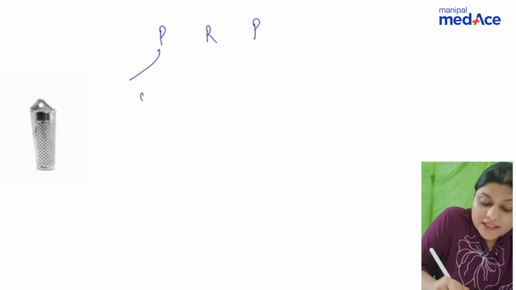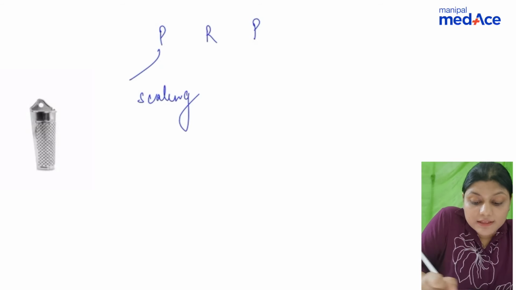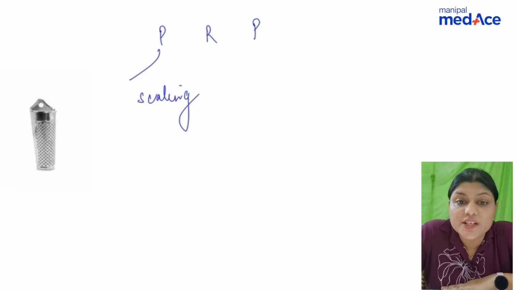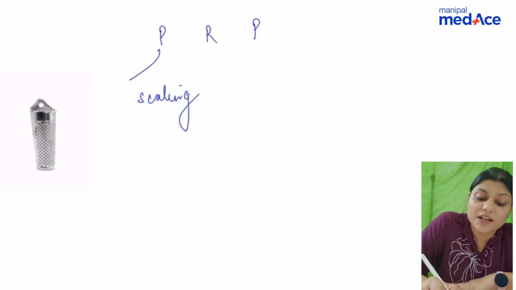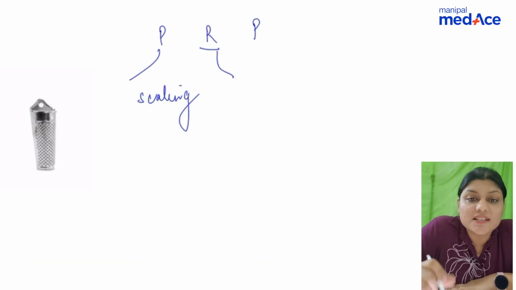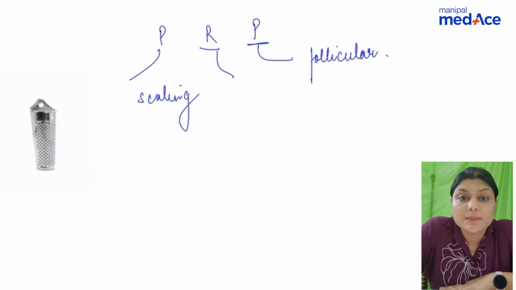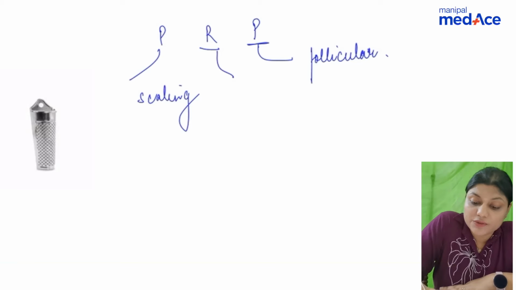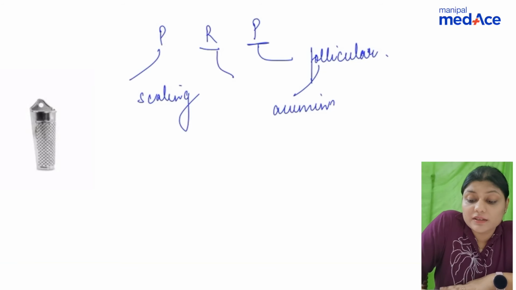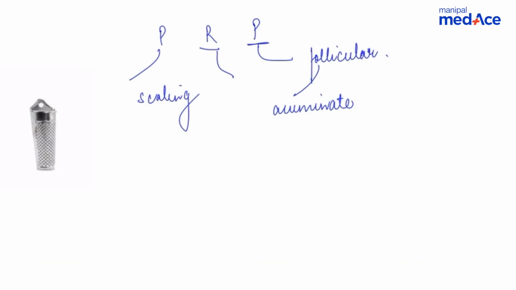So Pityriasis rubra pilaris. Pityriasis means there is scaling. The scaling is fine, furfuraceous, branny. Rubra means red, so it is erythematous, with a red-orange hue. Then pilaris means follicular. So there is presence of acuminate, pointed follicular papules with perifollicular erythema, giving a nutmeg grater appearance as you can